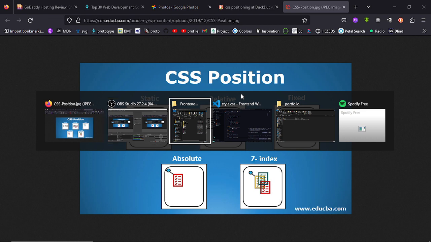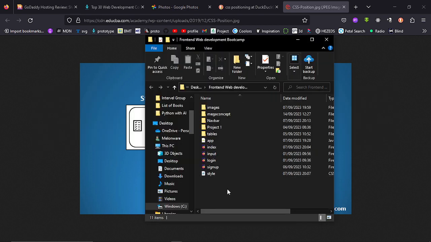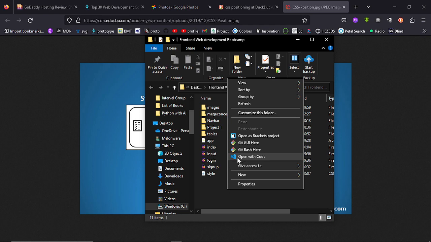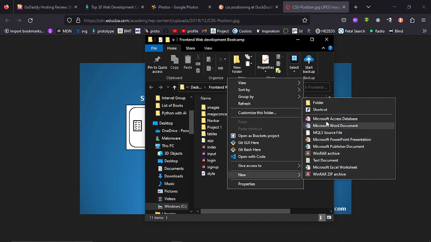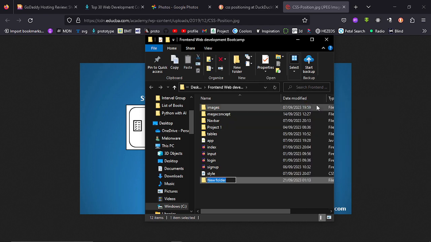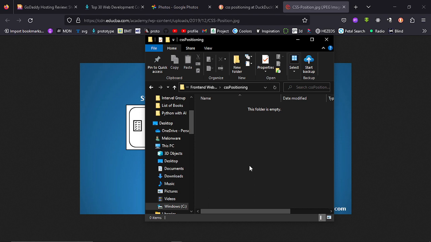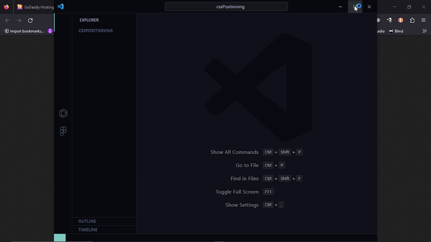First of all, let's go to our project. Let's create a new folder. So I'm going to create a new folder, and then I'm going to call it CSS position. So let me say CSS positioning. Then I will hit enter again. So I right click inside, open with code. So I have to expand this, make it big,